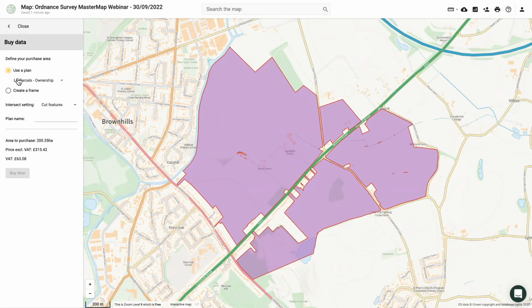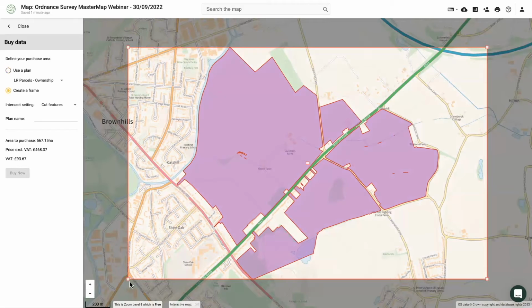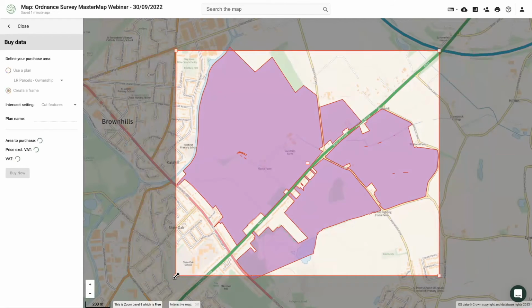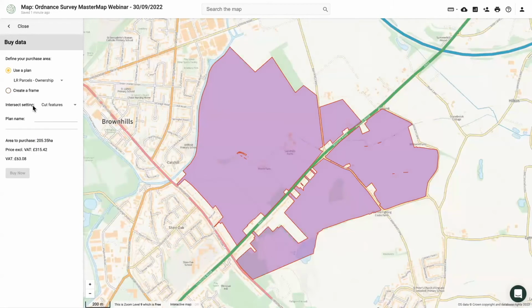Or if you don't want to use your plan outline, you can actually create a frame. So you can manually create a box, for maybe you want to purchase all of the data that your farm fits within. But for the demo, I'm going to just use my plan. The next part